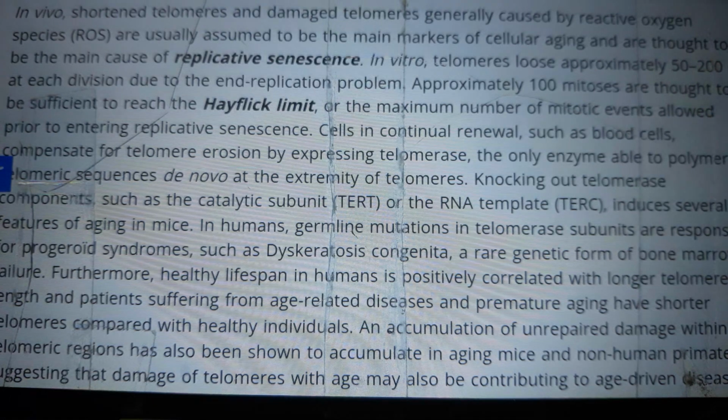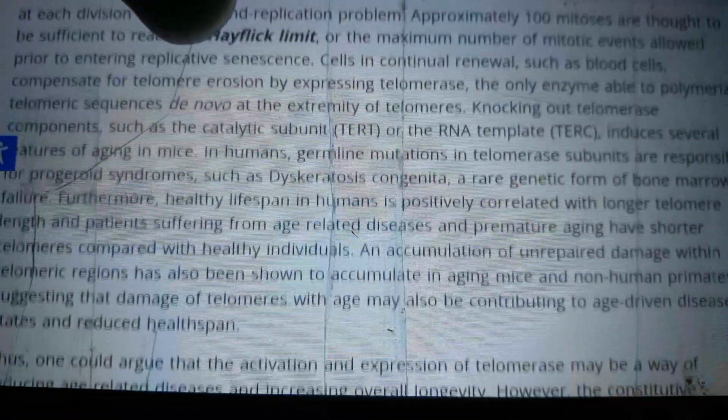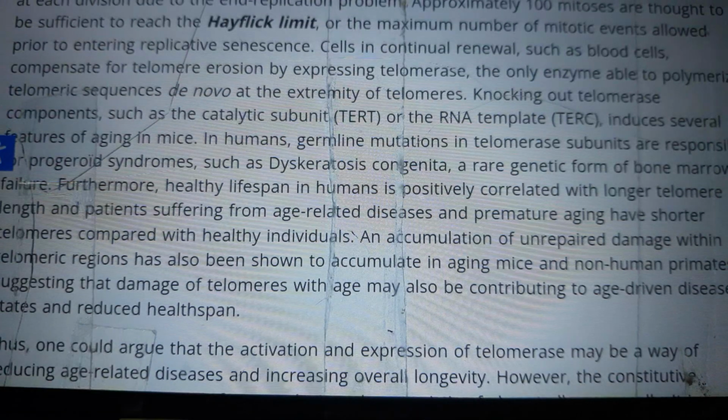Cells in continual renewal, such as blood cells, compensate for telomere erosion by expressing telomerase, the only enzyme able to polymerize telomeric sequence de novo at the extremity of telomeres. Knocking out telomerase components such as the catalytic subunit TERT or the RNA template TERC induces several features of aging